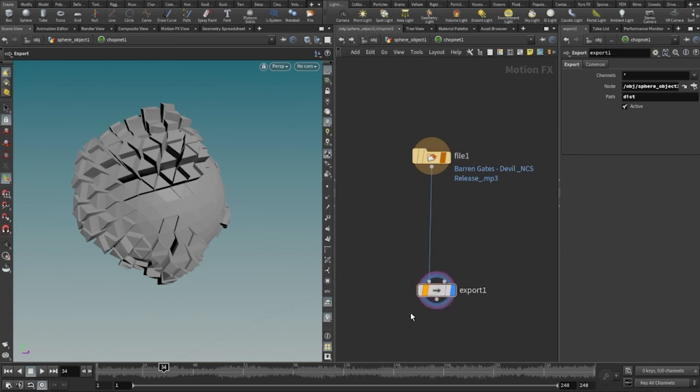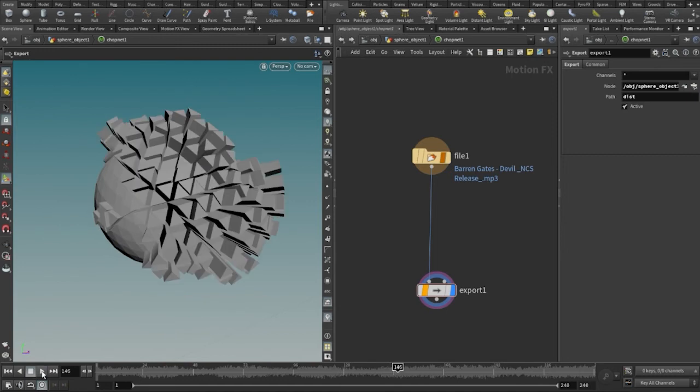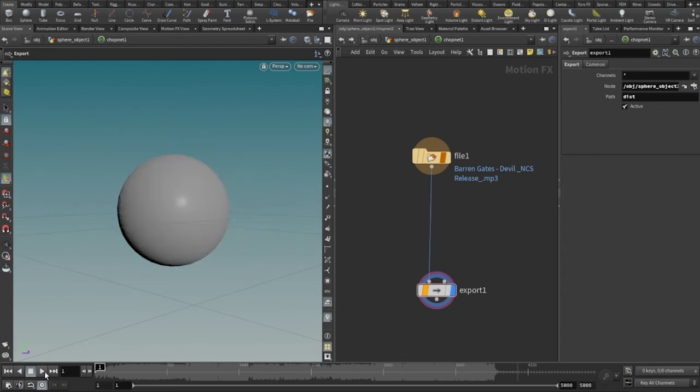So now if I just check it, let me increase the time duration for this, and then let's play. So when it starts,